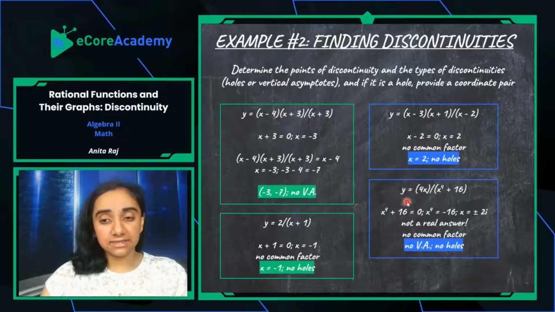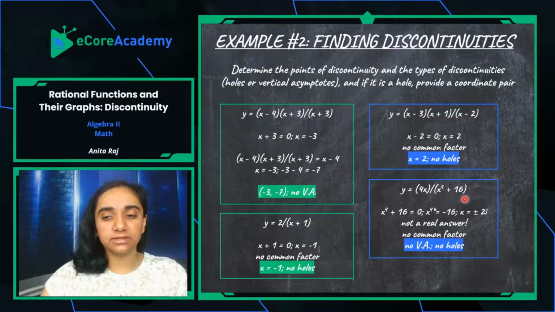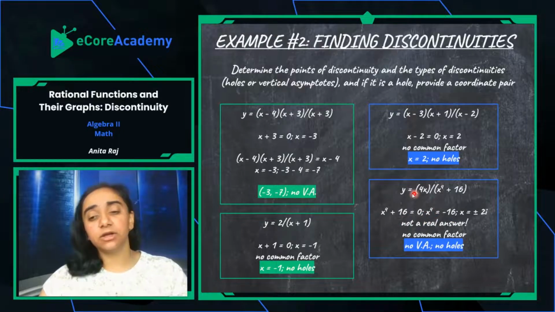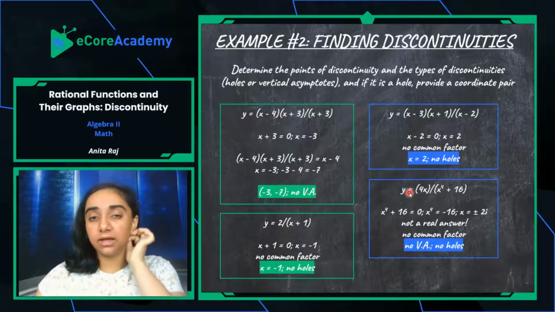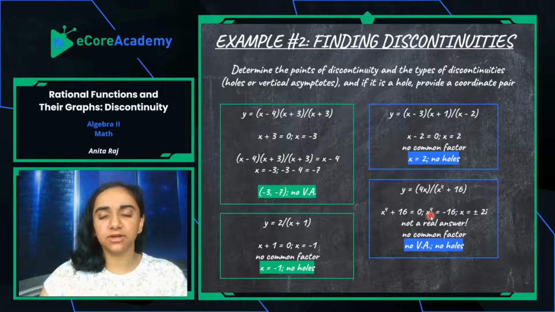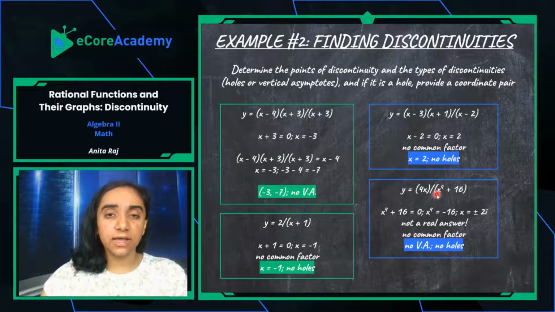And our last example, y is equal to 4x divided by x to the 4th plus 16. So we're going to set the denominator equal to 0 first. So x to the 4th plus 16 equals 0. We're going to subtract 16 from both sides. So x to the 4th equals negative 16. And keep in mind that whenever you have an even power, like x raised to the 4th,